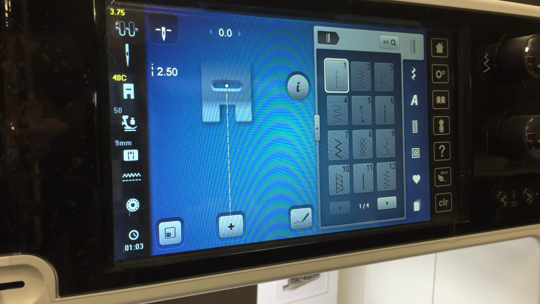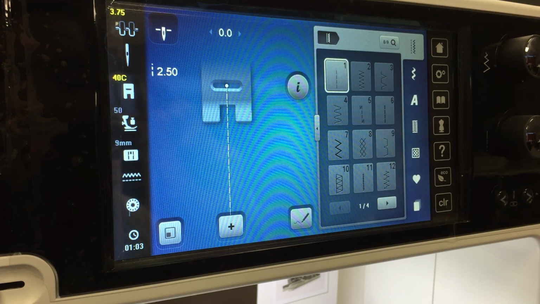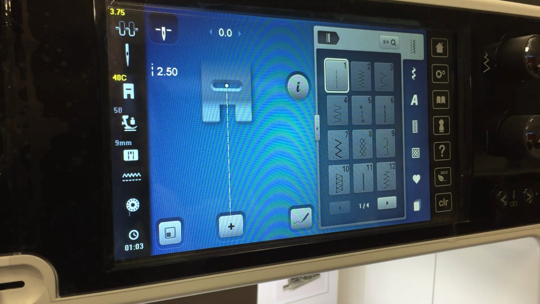So in this video, we're going to do something similar to what we've done in other videos, just in a slightly different way. We are going to take a pretty elaborate design and make it simpler, because we may take out a portion of the design that we just don't want, to make the design better fit our particular project. Some of these designs are multiple designs. They're pre-programmed decorative stitches, but they contain multiple elements, and we're taking out all of that and leaving just something